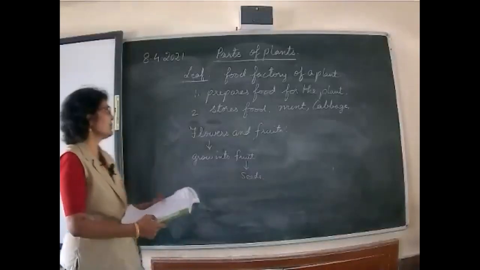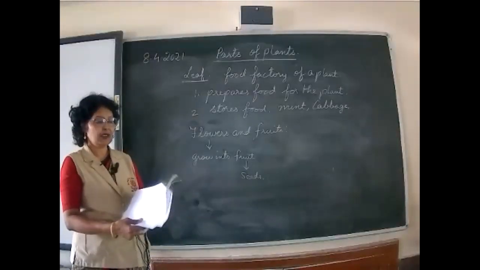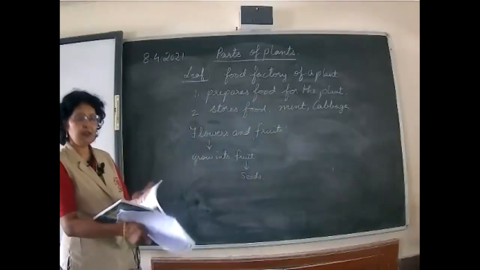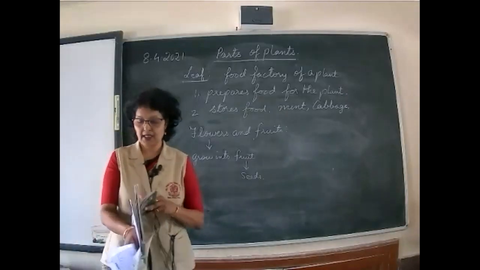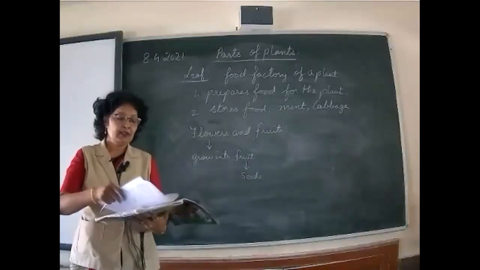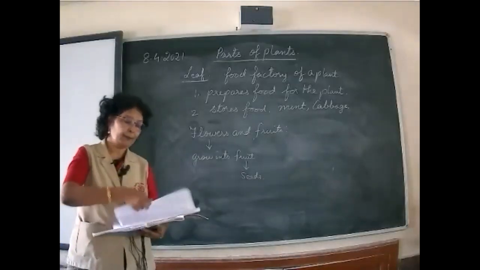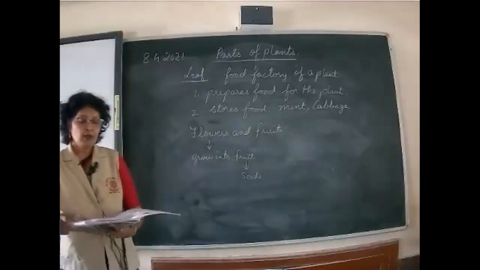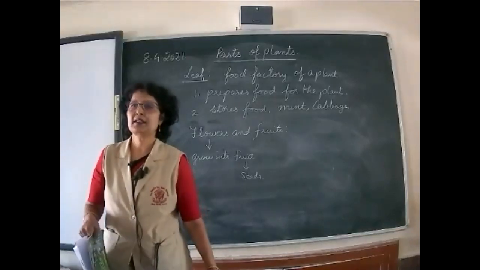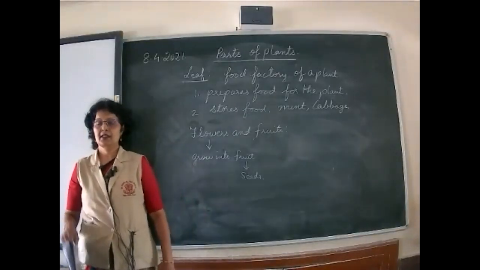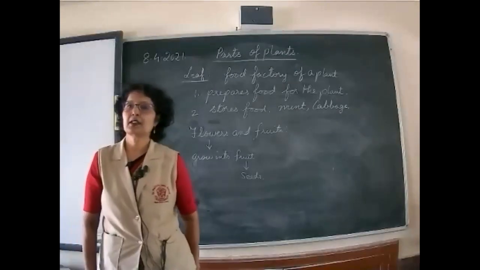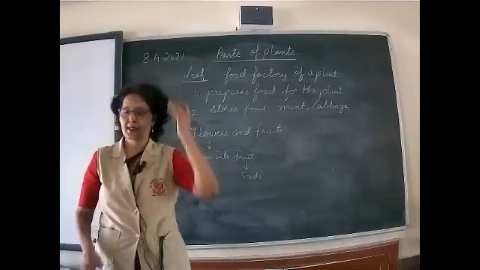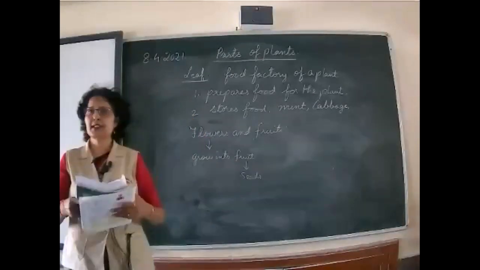So this was about the different parts of the plant. We have done root, then stem, then leaf, then flowers and fruits and seeds. So this finishes our plant life. Now whatever we did from yesterday, we did the difference between living and non-living, then the characteristic features of living things. Living things, we did plants and animals. Okay, so we'll just revise it. Is that clear?